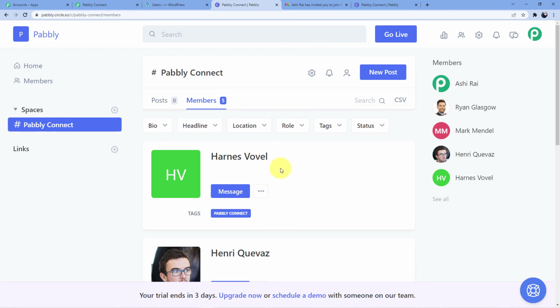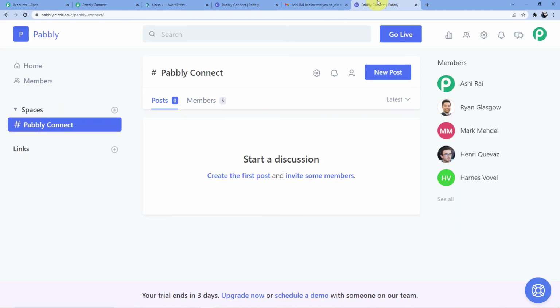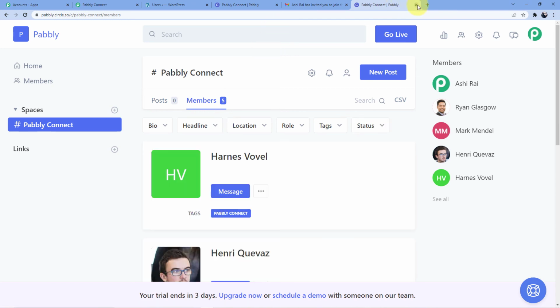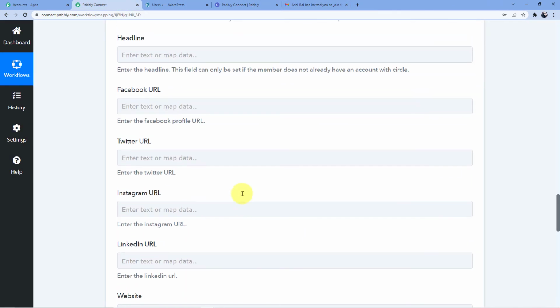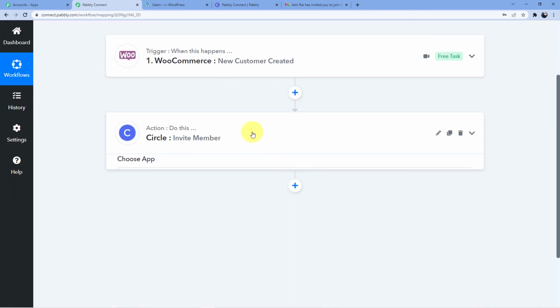Now, as Hans Vowel already had an account on Circle, he was directly added to my Circle community. But whenever somebody does not have an account on Circle, he has to create an account whenever you send an invite to him. Then, whenever he accepts the invitation, he will create an account, and by creating an account, he will be added to your community. Okay. So this is how, friends, you can connect your WooCommerce to your Circle community,